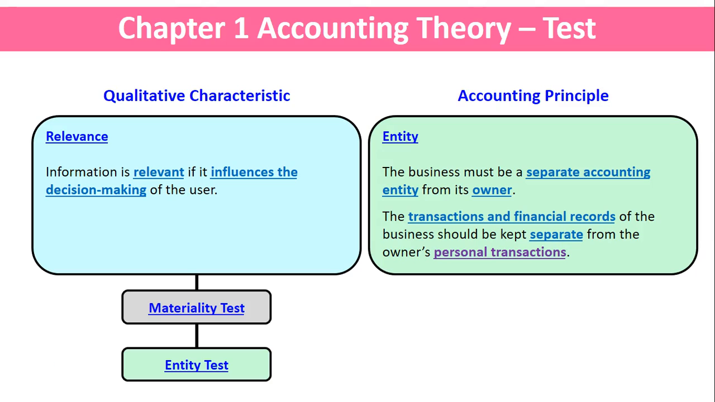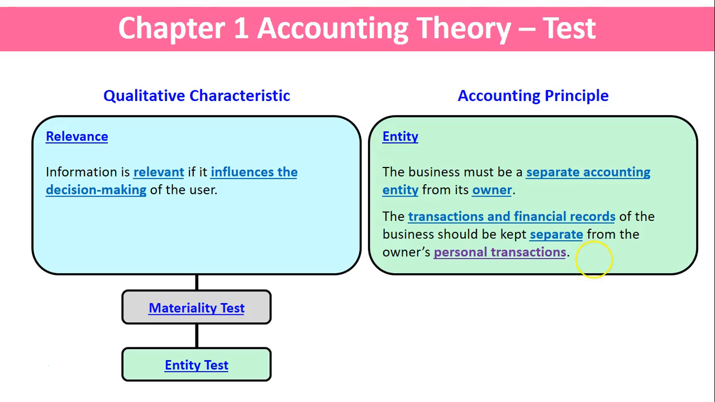What influences your decision making comes down to two tests. One is called materiality. Is it big enough to change or affect your decision? And two, the entity test. Does something relate to the particular entity of the business, not the owner, or not any of the owner's other